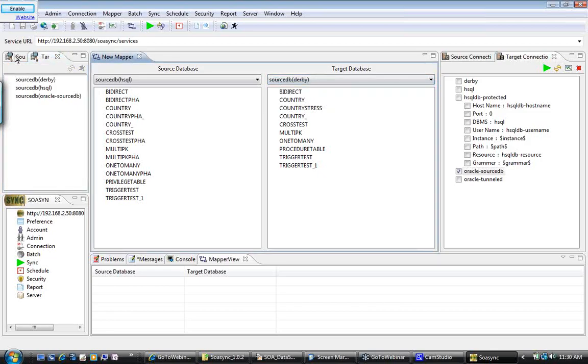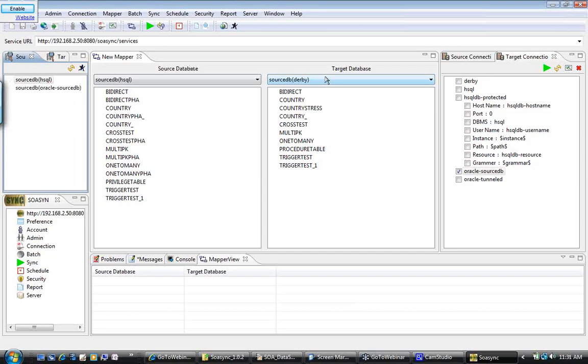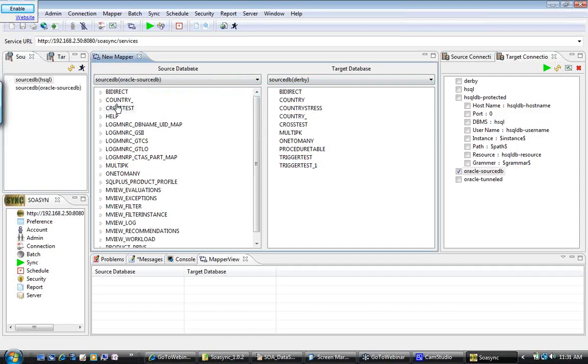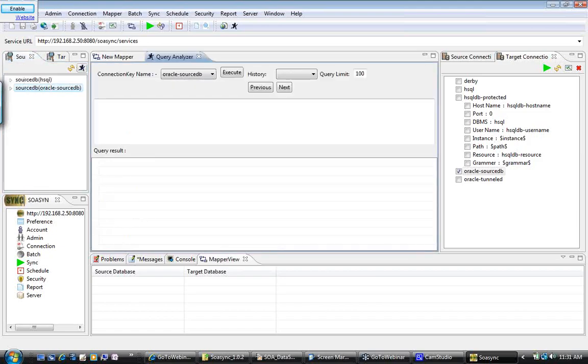And now let's do some very simple synchronization. Let's synchronize, for example, we have Oracle here. Let's try to select Oracle and then the country table, and let's synchronize with, for example, Derby. Now I have to see what kind of data is already there in the country table. So to see the data, there is a query editor, which is in the data services. So we are now in data service. We are going to query the database, select